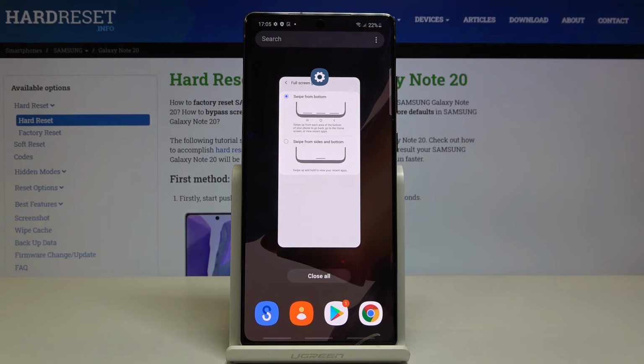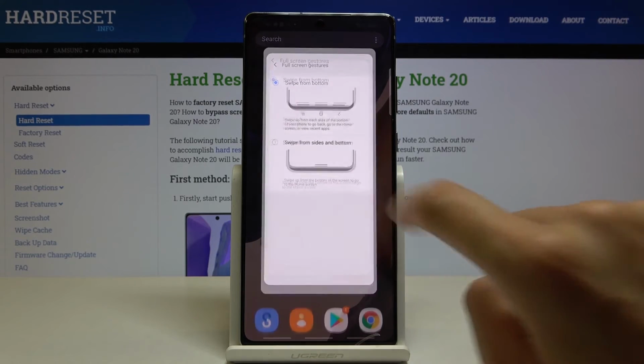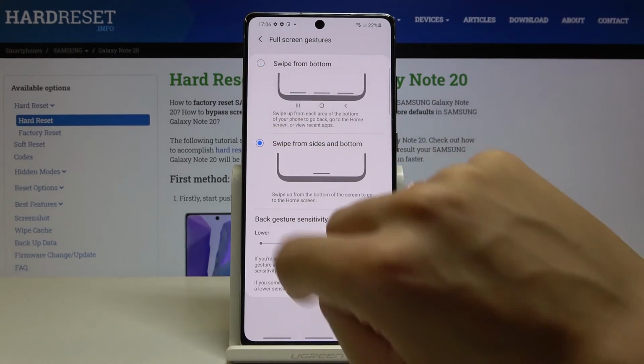And this is it, that will be all. Just apply the one that you like the most. Actually, I will pick this one,